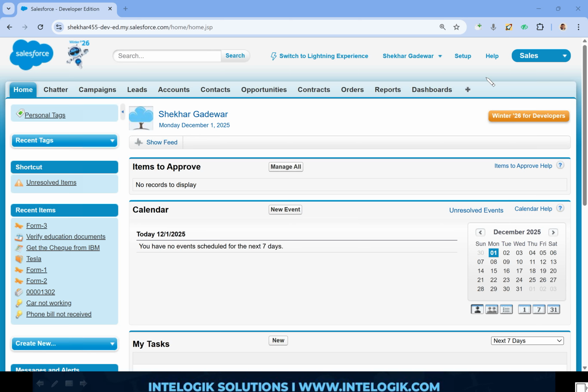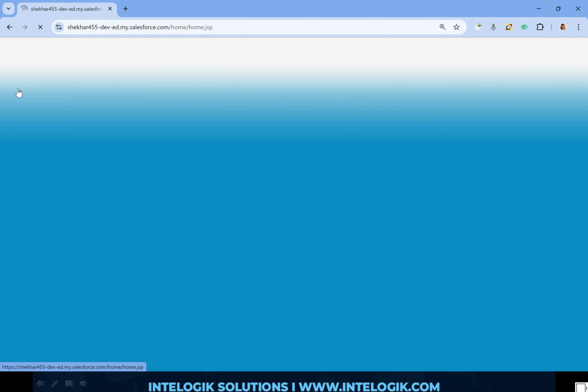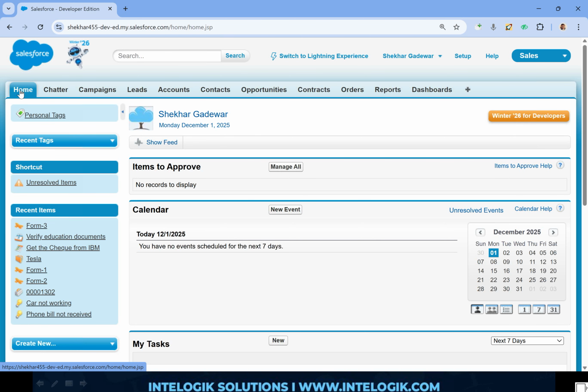And if you are not able to see it here, you can click on the plus symbol and then you will be going into the list of all the tabs. This way also we can manage. Second, now let's go into